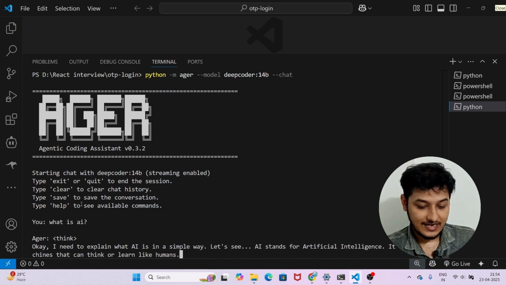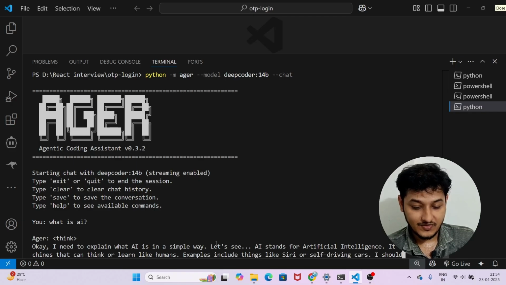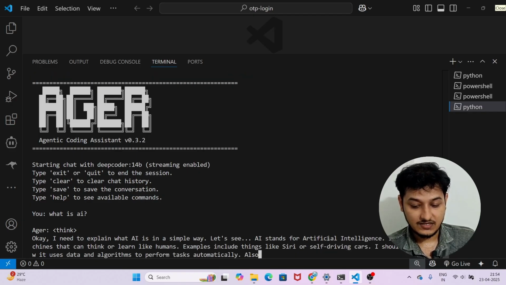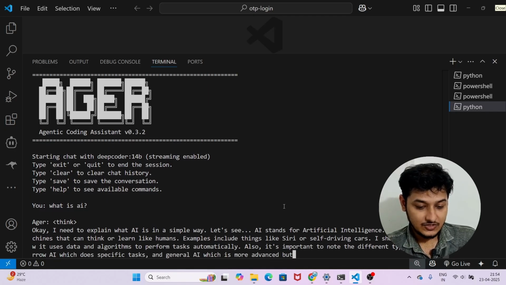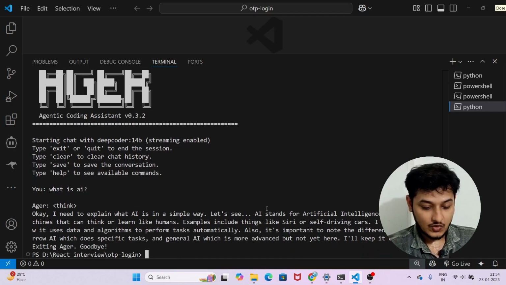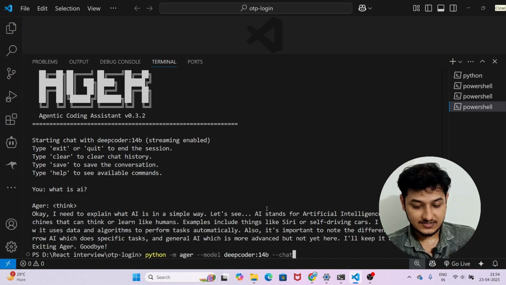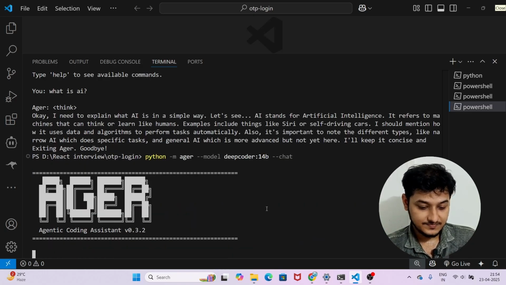And now here you see that I need to explain what is AI in a simple way. Let's see. AI stands for artificial intelligence, and it is writing many things, right? So that means it is working. Now let me close it. Now if I ask it any other things,